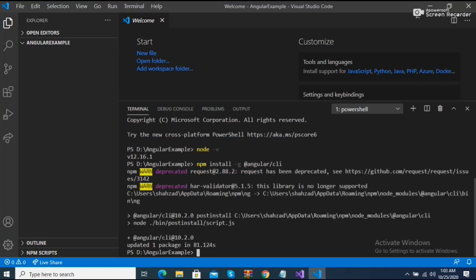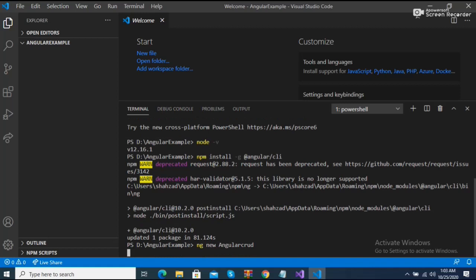After installing Angular CLI, you just need to create a project called ng new angular-crud. When I add this command, it asks me, would you like to add Angular routing? I say yes.